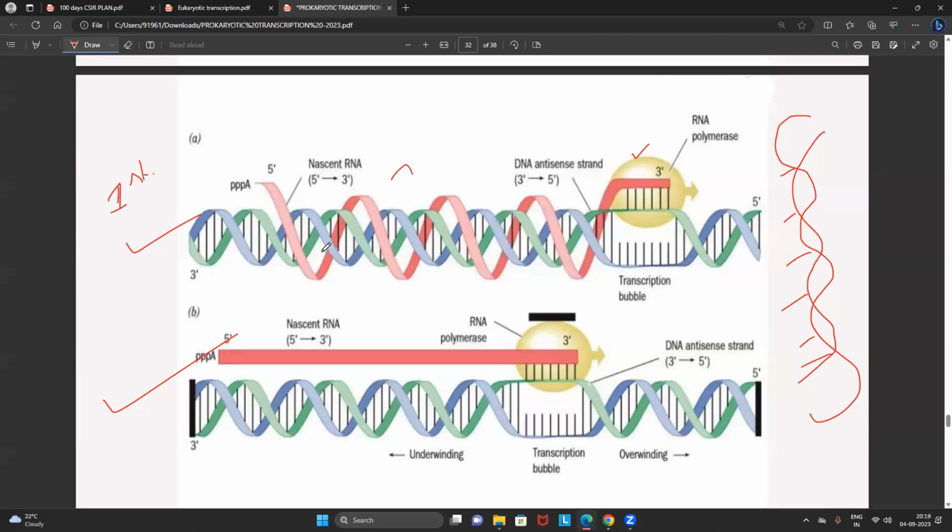So, friends, whenever RNA gets synthesized, now you tell me, friends, how can you separate this RNA? Do you think it's very easy? No. If you want to separate this RNA again from the DNA, we require a lot of enzymes. Then only we can separate this. Now, why did the RNA get synthesized like this? Because the RNA polymerase is also moving along the major and minor groove of the DNA. So however it is moving, RNA is also synthesizing in that way. So it's a very big headache. Again, we require a lot of enzymes.